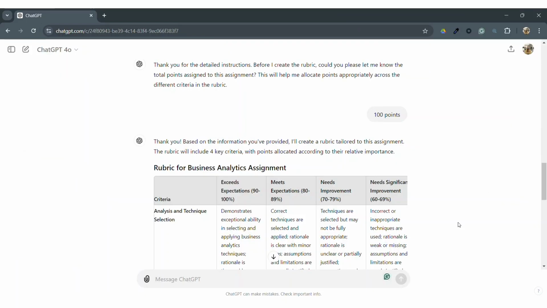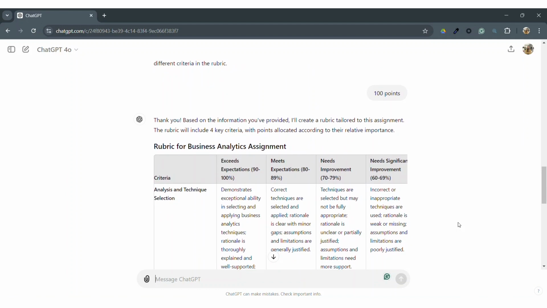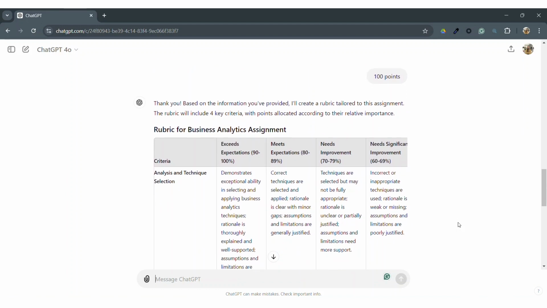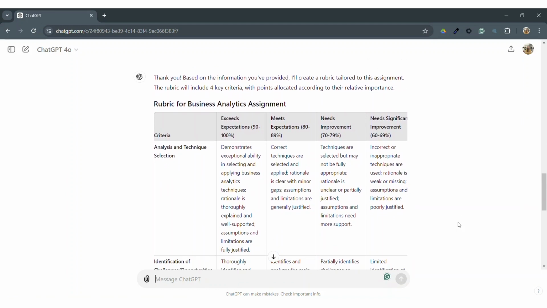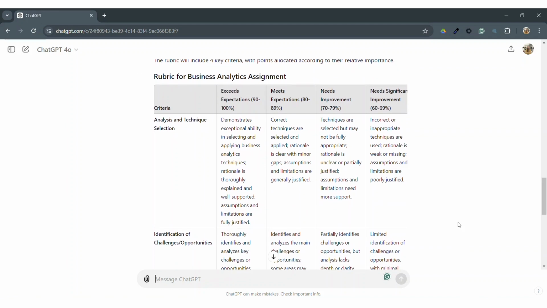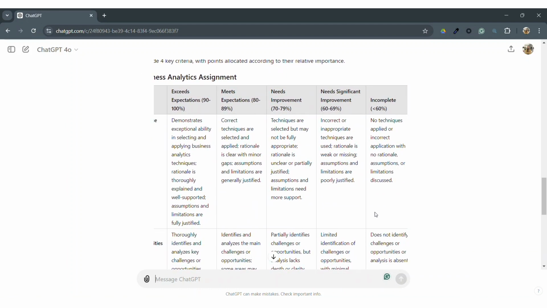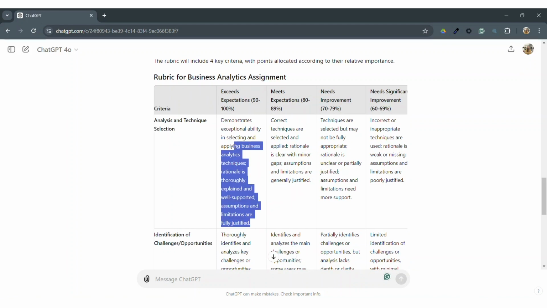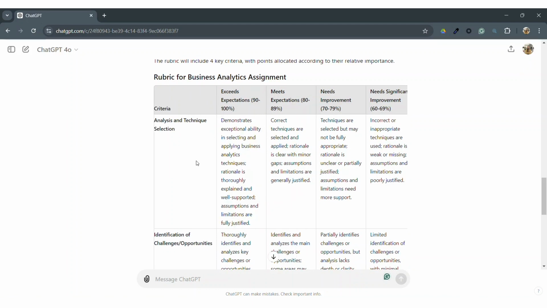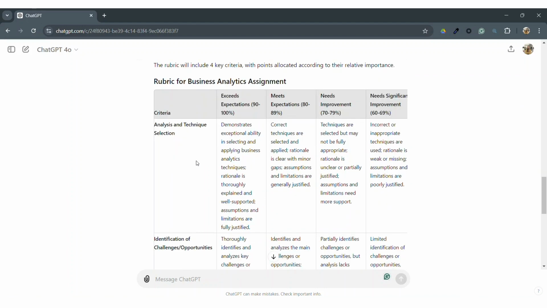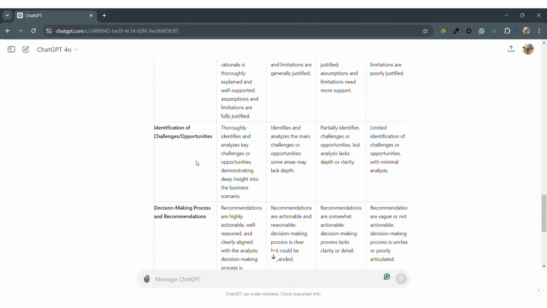Okay, we can see here that ChatGPT has created a rubric that includes 4 criteria, and they're looking pretty good. What I would like to bring your attention to when you're working with the rubric is the description of each specified criterion. This is one of the most important things and something that my subject matter experts struggle the most with. However, I can see that this output is not perfect because it's not actually giving us the point allocation.